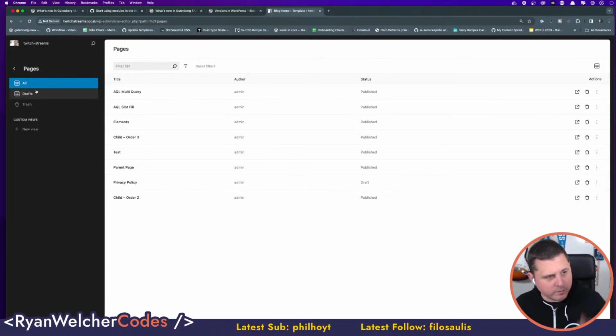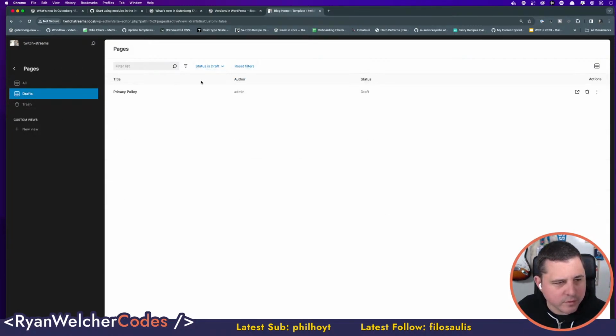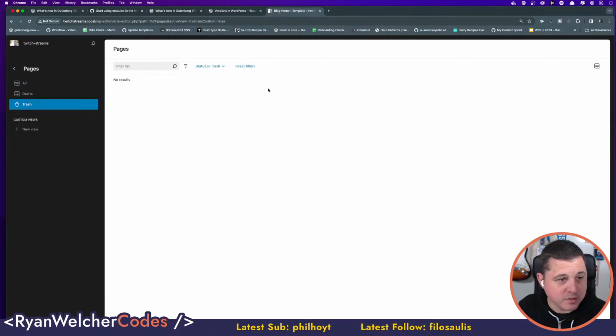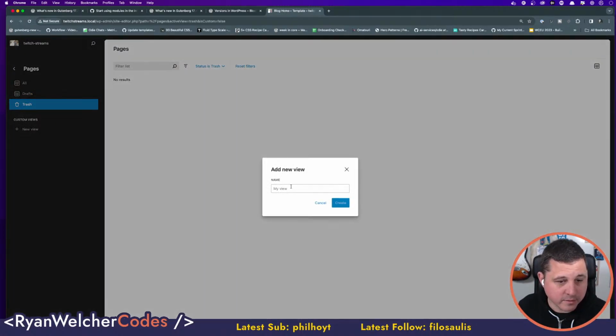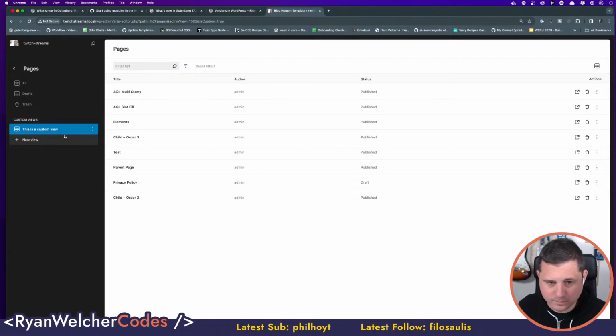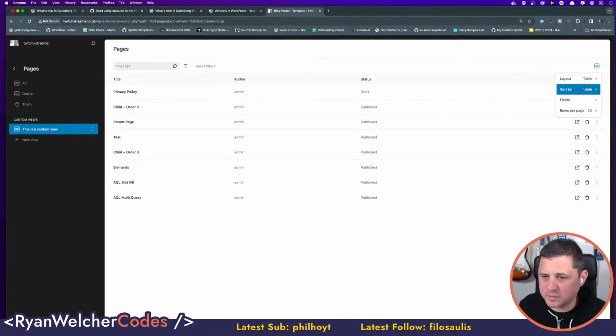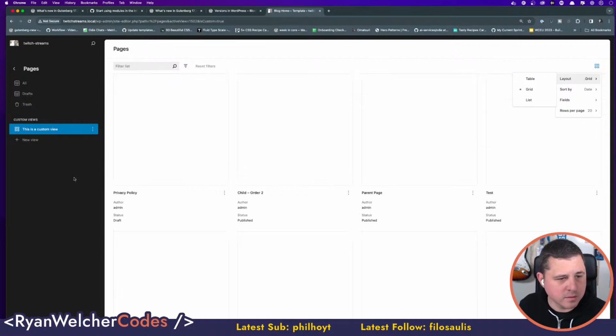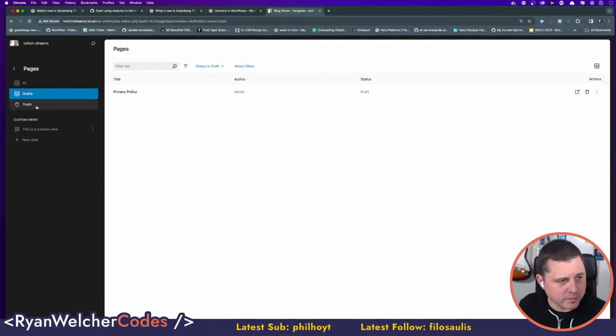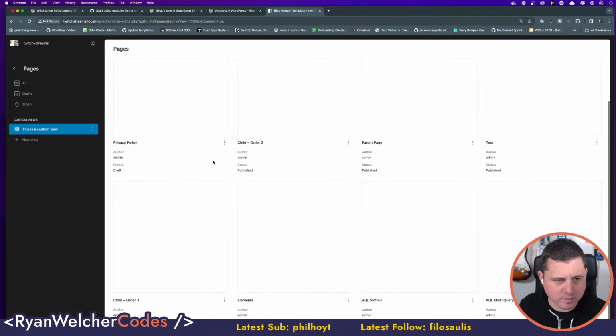So it's being done. Oh, look at this. All in drafts. That's cool. That's new. I haven't seen that before. So we got drafts in there. We got trash in there, which is pretty handy. What? Custom views? This is a custom view. I'm going to create that. I don't know what it does. So maybe we can add some filters. Status. Let's go. What's in there? So you can sort by date, like this. Layout, let's make it grid. That's cool. So now I have all this stuff, and I can do a custom view for whatever I want to do. That's pretty awesome.